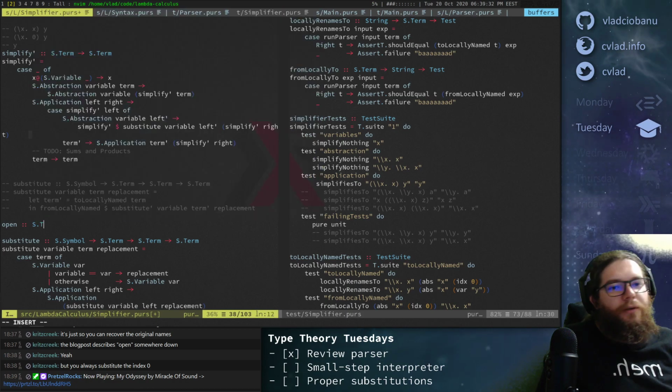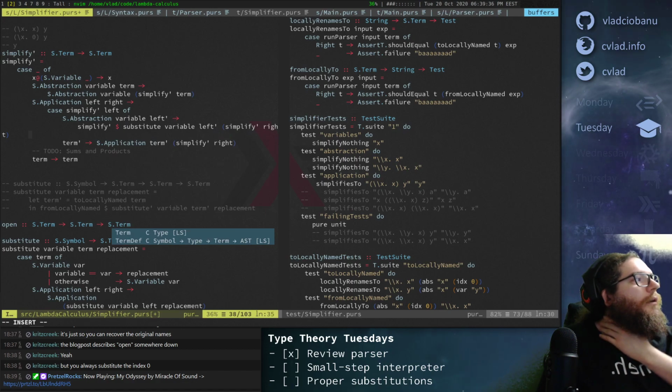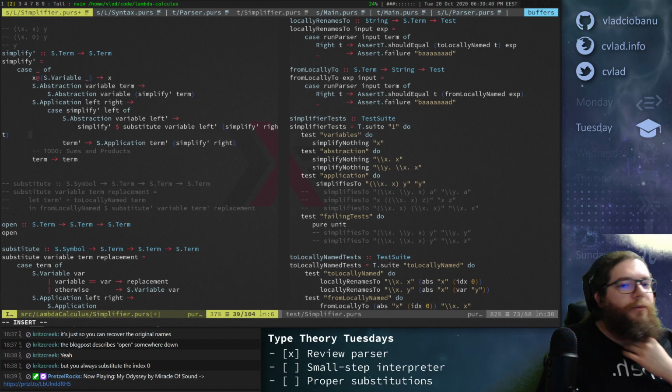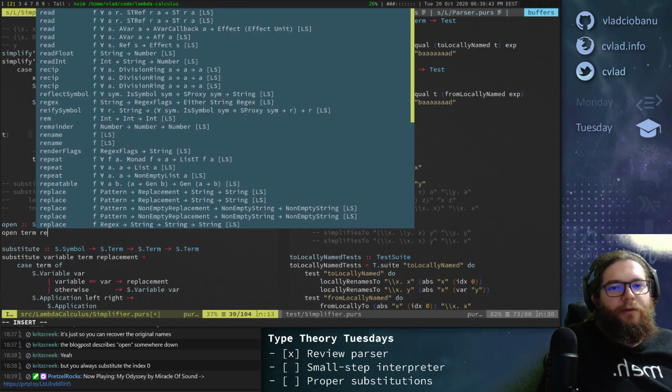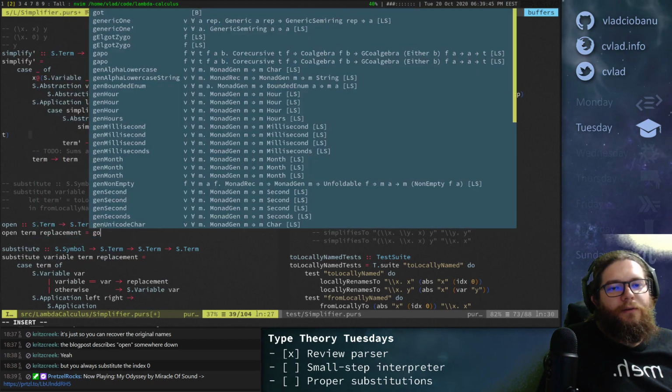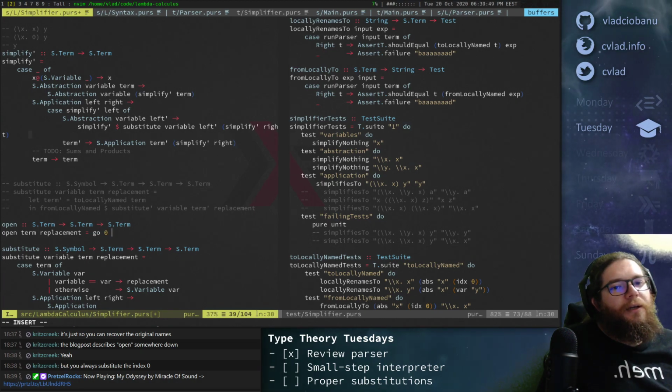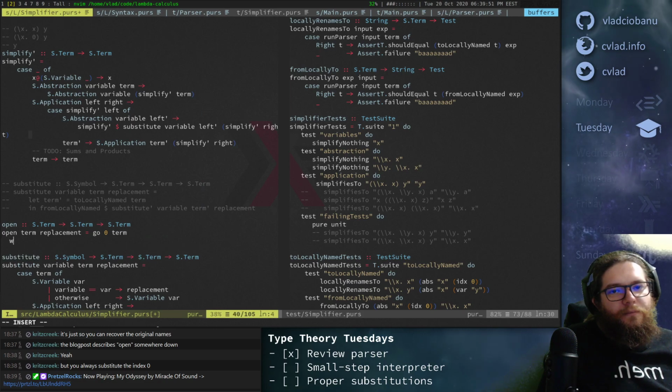I guess we only need 2 terms. Okay. And we have a term and replacement, and we say go 0 and term, I guess, right?